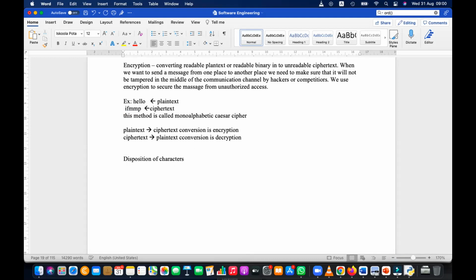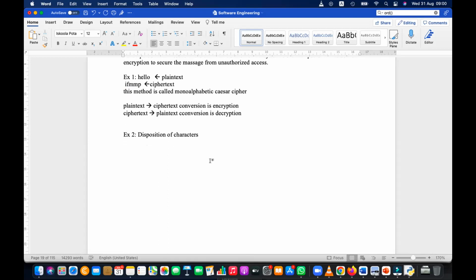So this is another example. This is the first example, example 1, and example 2 is disposition of characters. That is another way of encrypting. It means you can change the position of letters. Okay, let's say there is a message like this: